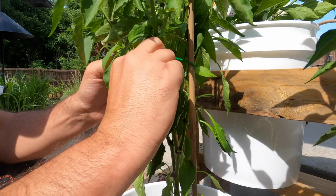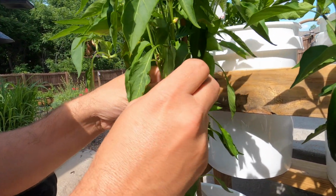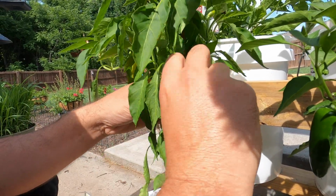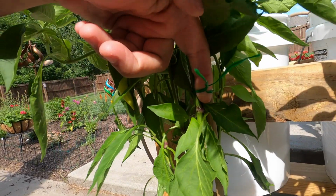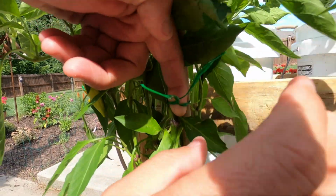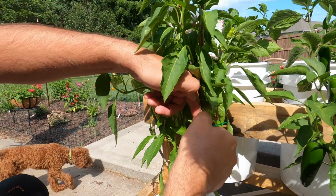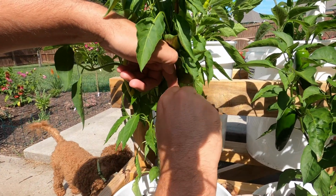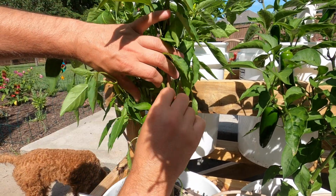wind it through. And then one thing to note, you don't want to tighten it super tight, because all you're doing is trying to give it some support. So you just get it close. One thing you can do is, I don't know if you can see it, but stick your finger in between the bread tie and the stem, and tighten against your finger so that you can get the twists on it. And then when you let go, it'll be loose and your plant can still